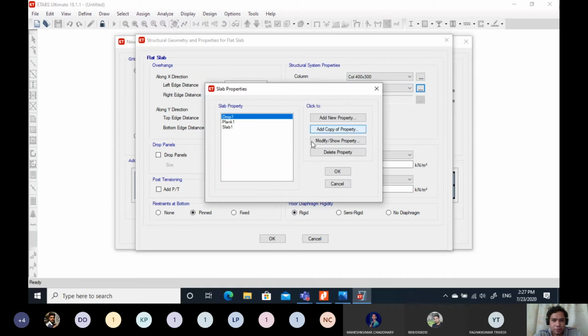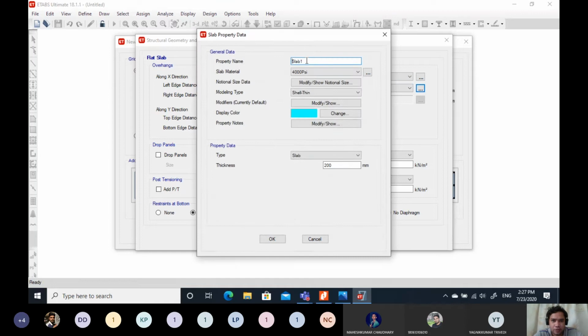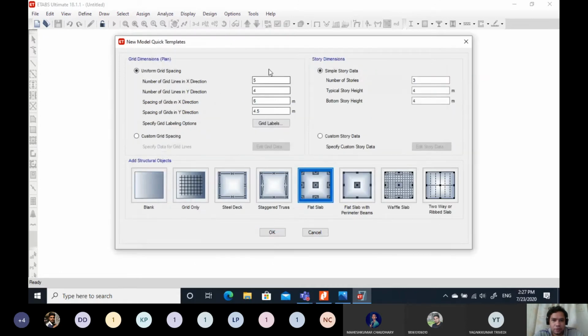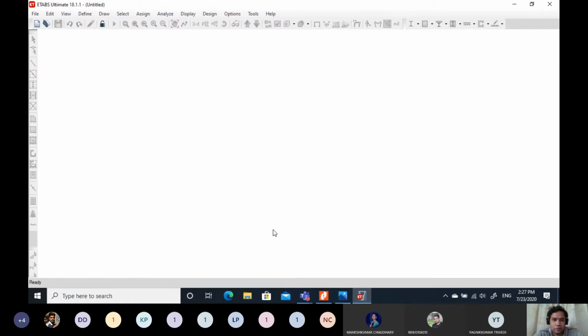Then define slab property. Just modify this existing slab property. Let us say this is slab 200, and grade of concrete is already defined, so M20, and thickness is already set as 200. So click OK, OK, and OK, and click OK.